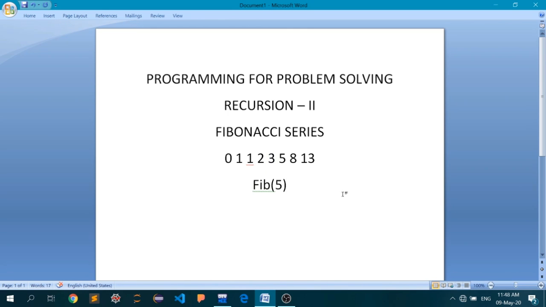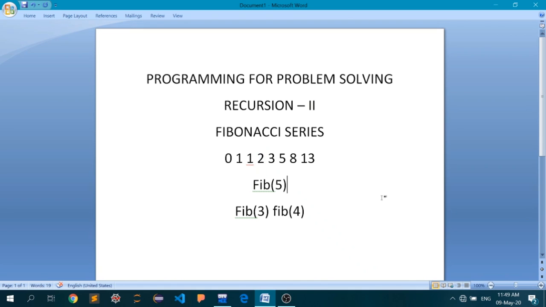But first I will trust my function to return the previous two values, that is fib(3) and fib(4). And this is what we discussed in the last lecture, that we have to trust our function. So I have trusted my function that if I pass on 3, it will return me the third index value, and if I pass on 4, it will return to me the fourth index value.